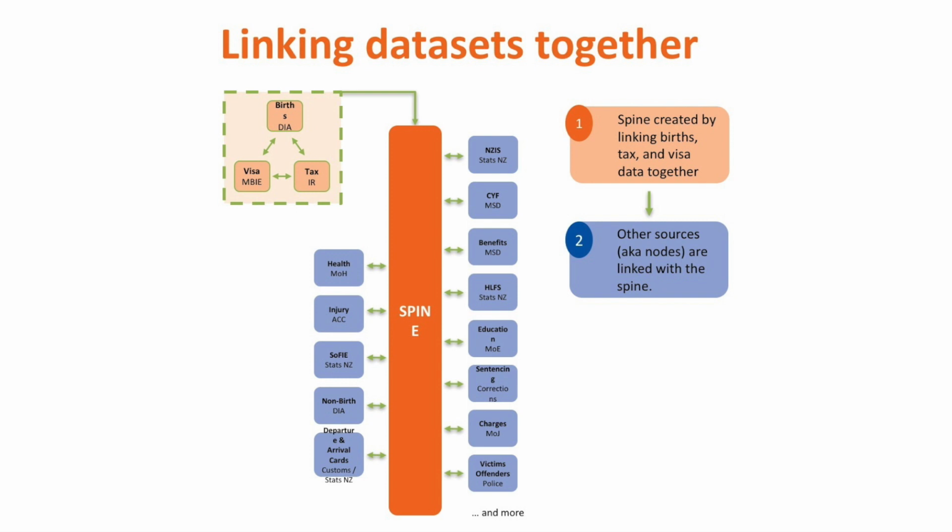So we have a spine, which are the core linking data sets for the IDI. And so we have 3 data sets that make that up. There's the birth register from the Department of Internal Affairs. There's the tax number from Inland Revenue, and then there's also what we call visa information from MBIE. So that's about information about people coming in and out of the country. So with those 3 data sets linked together, we have greater than the population of New Zealand in our spine, obviously because people coming in and out. But that allows us to have pretty good coverage, so that we can link all the other data sets, and we refer to those as nodes to the spine.